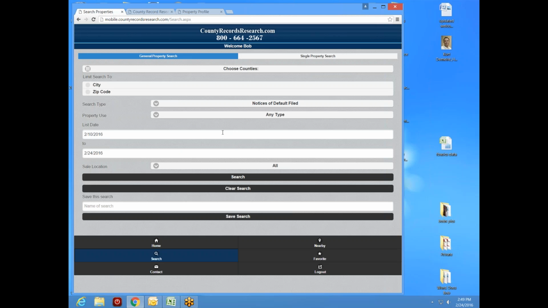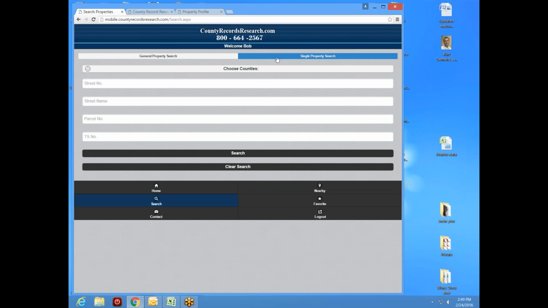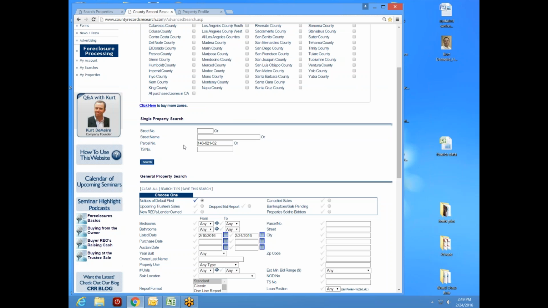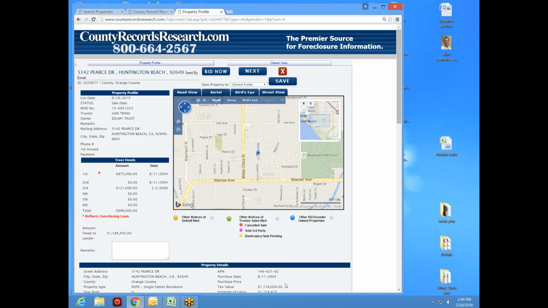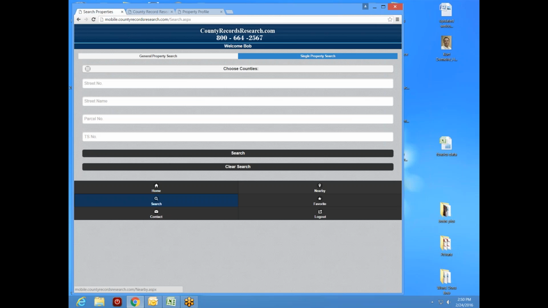Also, we have a little change in how this mobile app works with our single property search, because I can set up my single property search just like I can on the regular website. But you'll notice that it looks different. And one of the cool things about this is that I can set up with my single property search. Let's just go ahead and take this parcel number off of this profile. I kind of like doing this, going back from one to the other. Well, it's close, I can put my parcel number in,